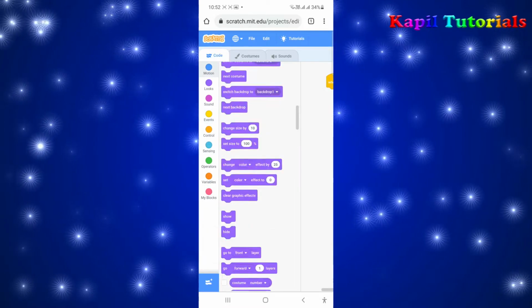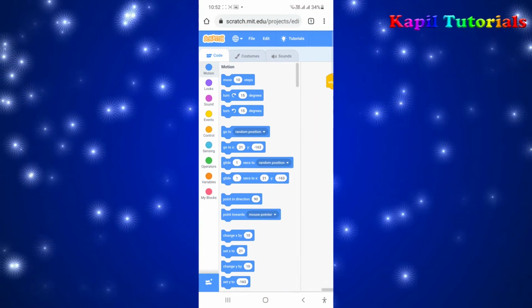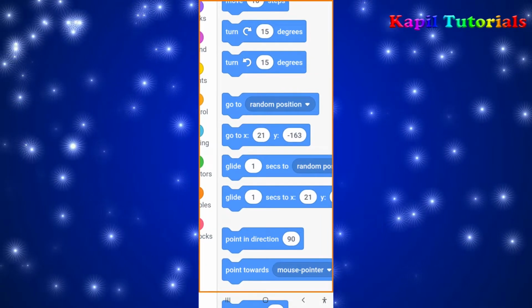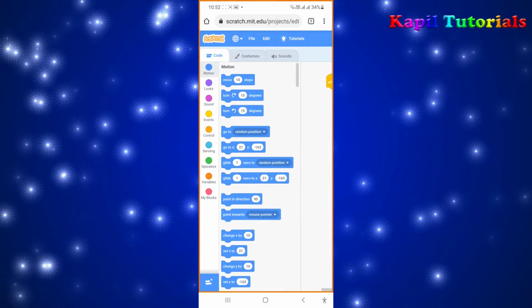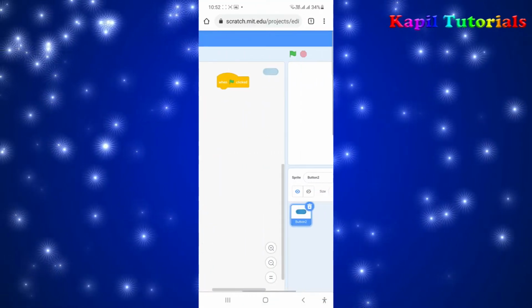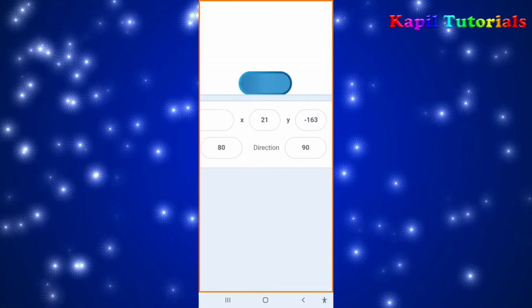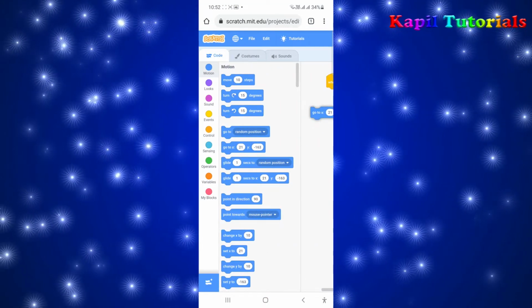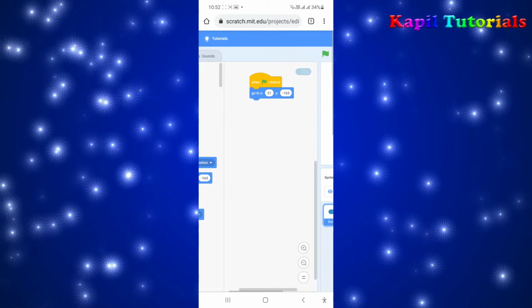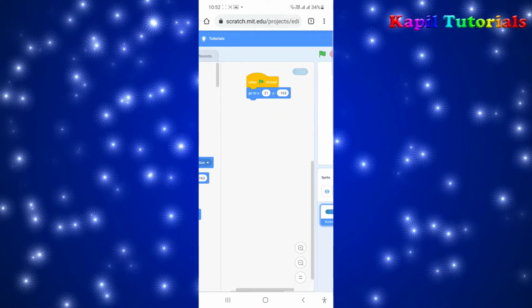From the motion block, I'll just select this command, go to X 21 Y minus 163. By default it takes the same location that it is showing here. So I'll drag it here. This command will make my sprite always in the middle when I start the game.